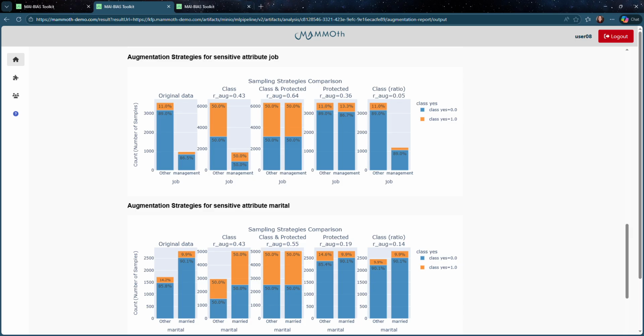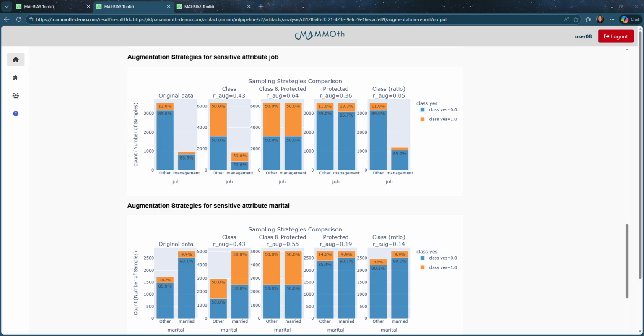For example, some strategies like class and protected strategies fully rebalance the dataset by increasing the number of samples in underrepresented groups, such as certain combinations of job and education, but this requires adding a large amount of synthetic data.